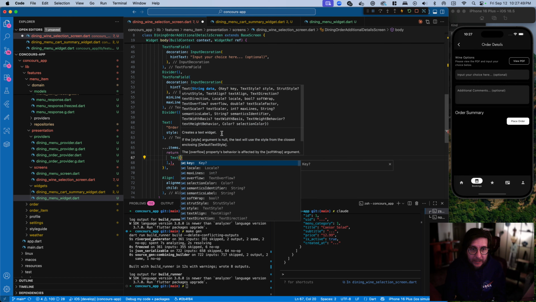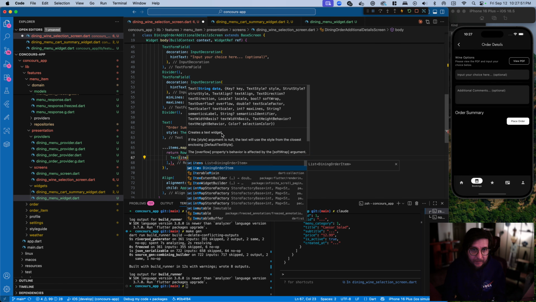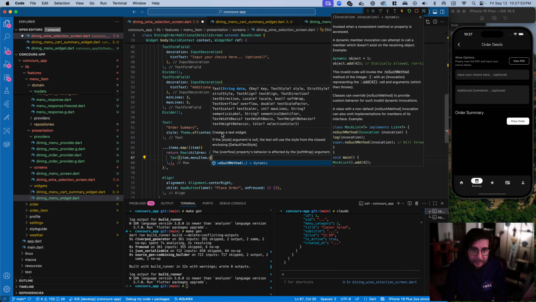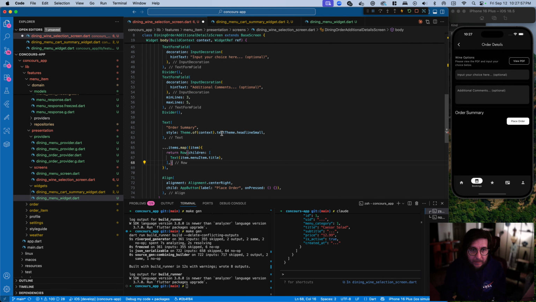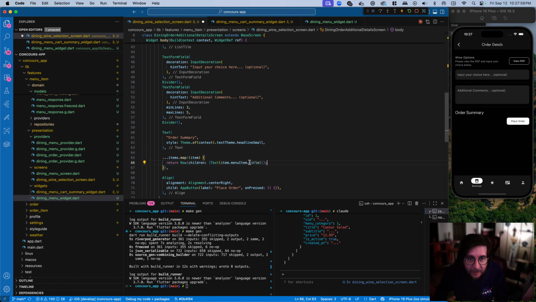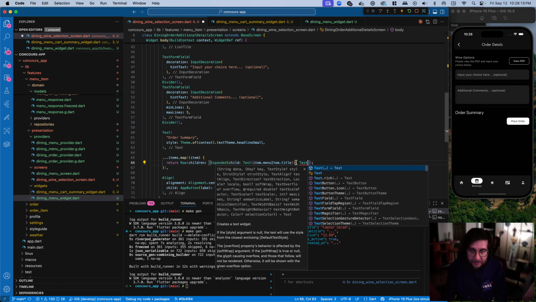First thing in it will be the name, item dot menu item dot, or title, I guess. What am I doing wrong? There we go. And we were actually going to wrap this in an expanded for two reasons. And then after the expanded, we're going to have a text of